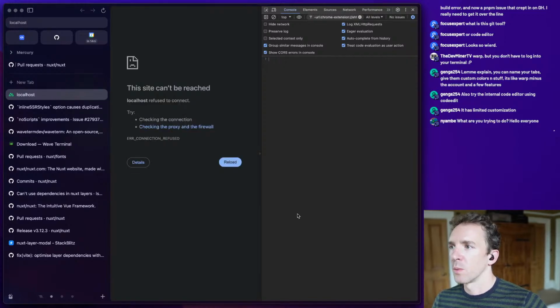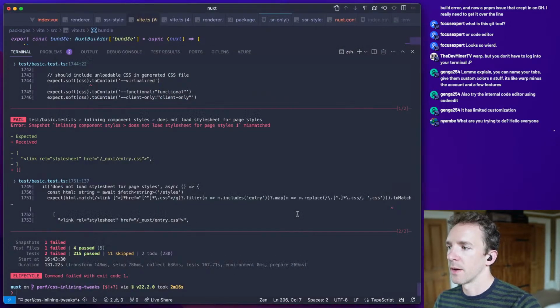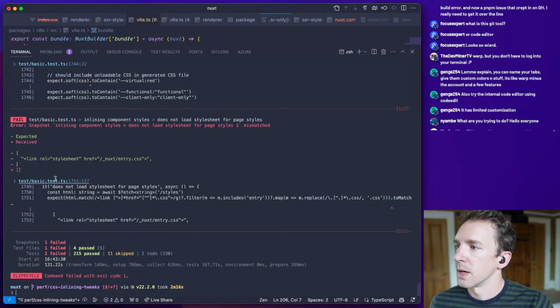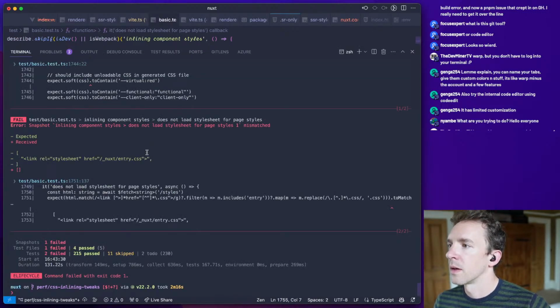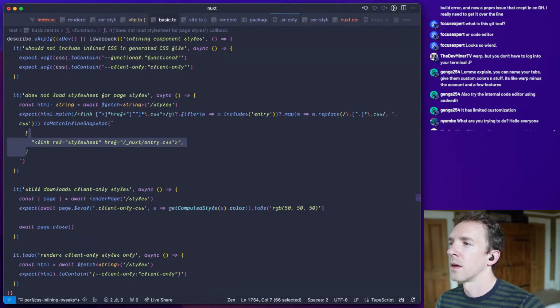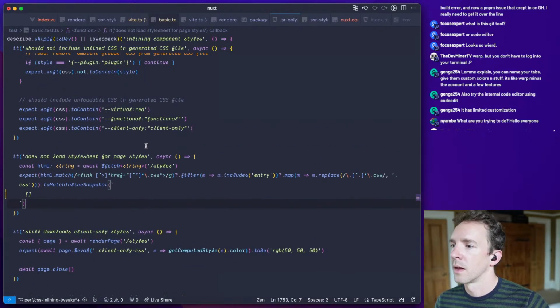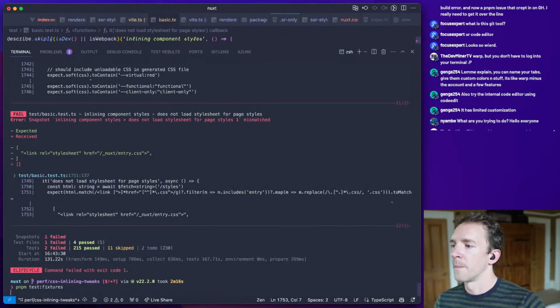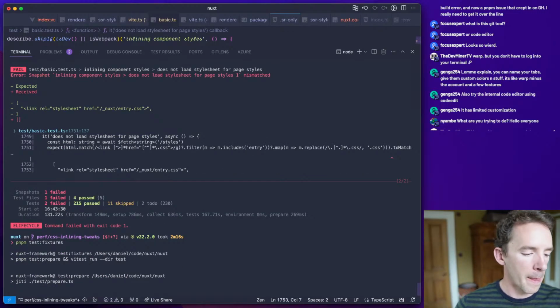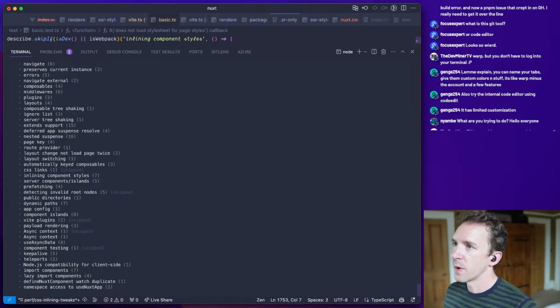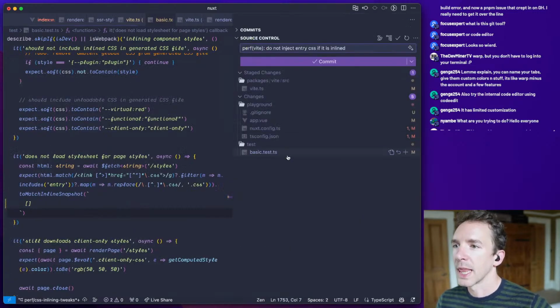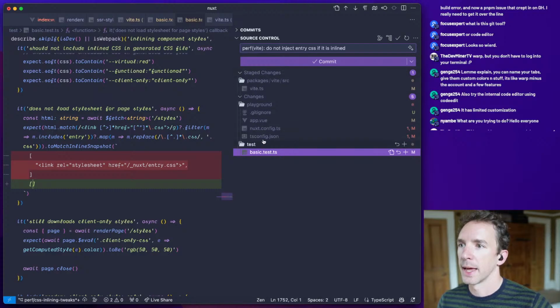Right, so where are we? We are trying our, yes. Okay, well that's fine. Does not load style sheet for page styles. We basically have, I guess the main worry is we do have to make sure that client-only styles still get added.